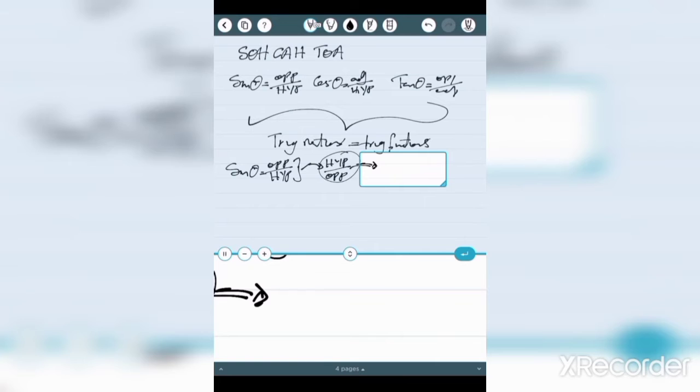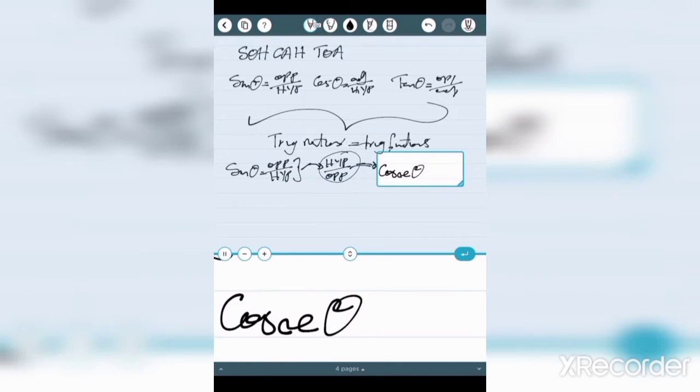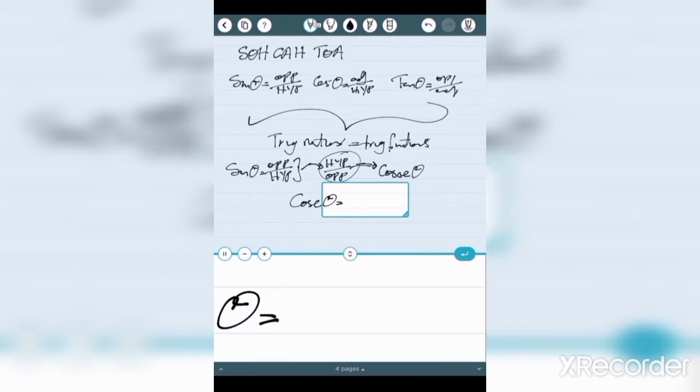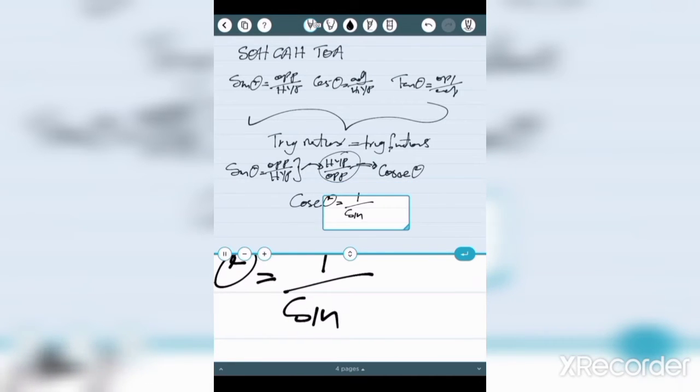It has got a name that has been given to it, which is cosec. So we can establish that cosec theta is equal to the reciprocal of sine theta,